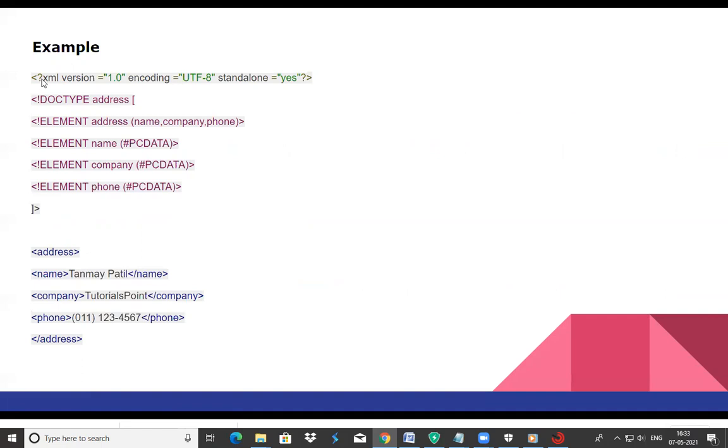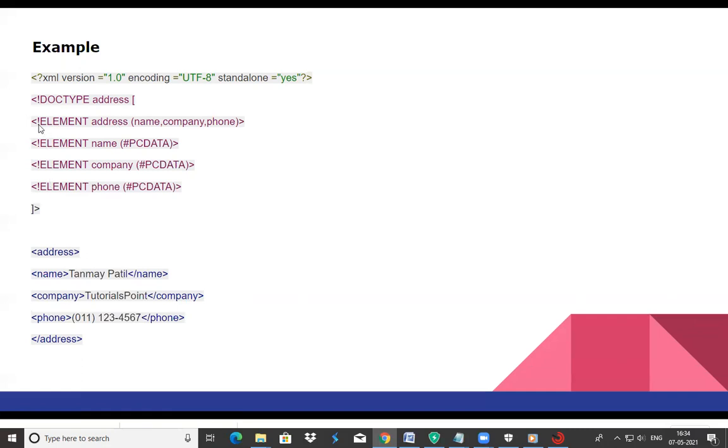Now the first part, up to the square bracket, is the XML declaration: XML version 1.0, then encoding UTF-8 and standalone yes. After that, from the DOCTYPE to the end of the square bracket, this is your document type definition. DOCTYPE address, so the root element is address. The square brackets contain the different elements.